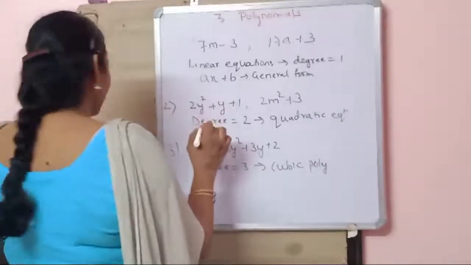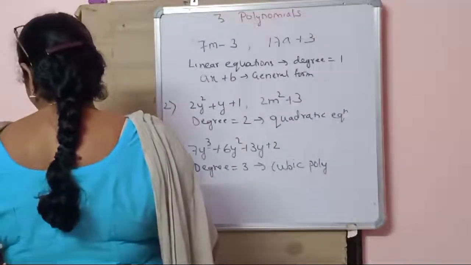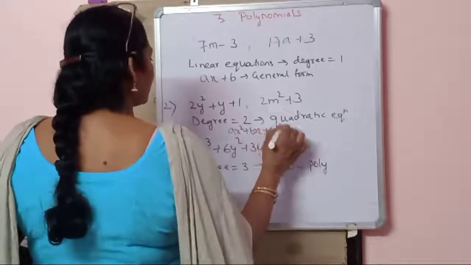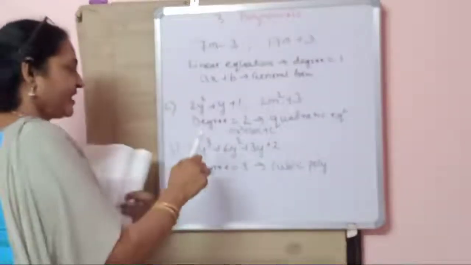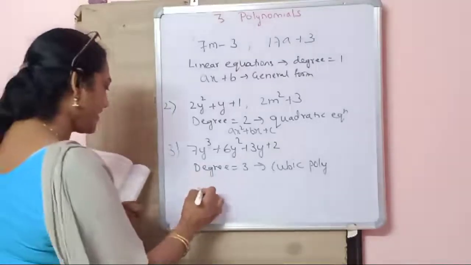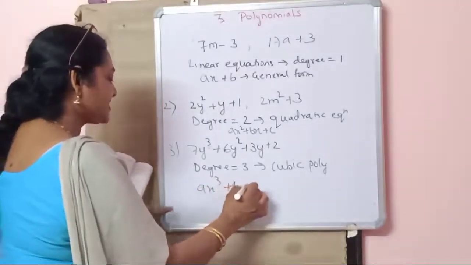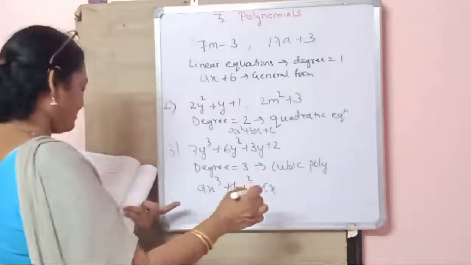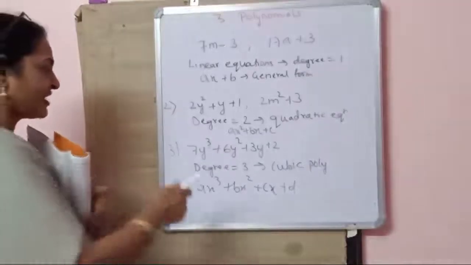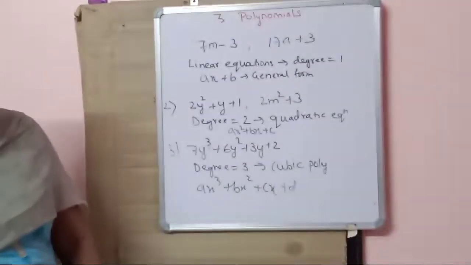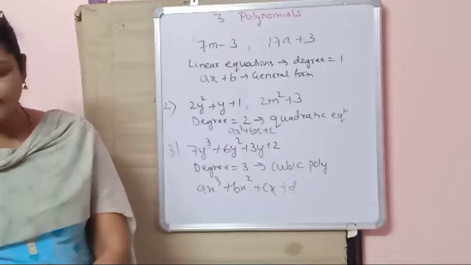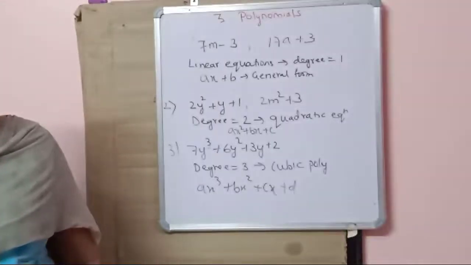And the standard form of the quadratic will be ax square plus bx plus c equal to 0. And the standard form of the cubic will be ax cube plus bx square plus cx plus d. There are 4 terms now. As the degree is 3, there will be 4 terms if you consider all the terms. So in this way, we have studied this. Now in the next lecture we'll start with the exercise, practice set.